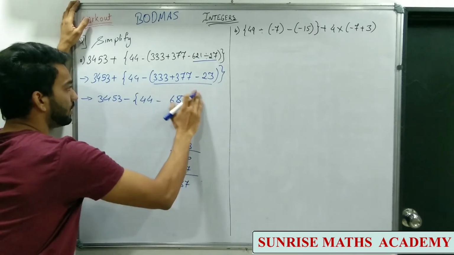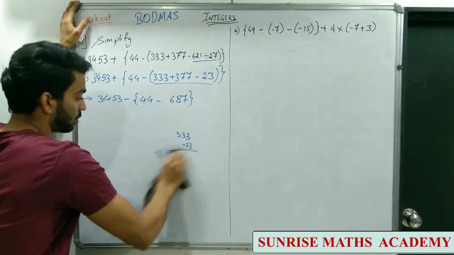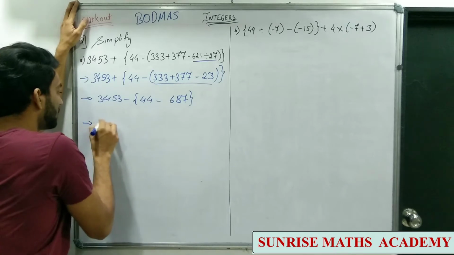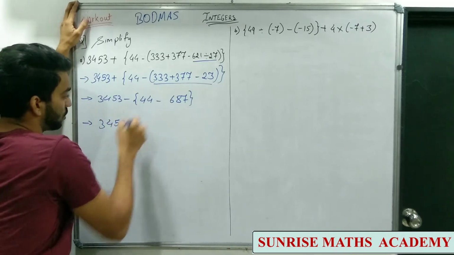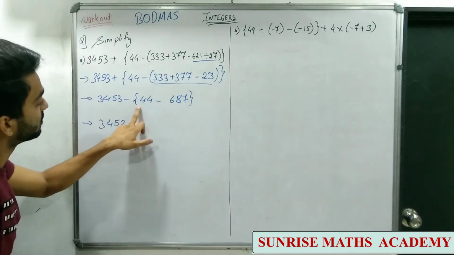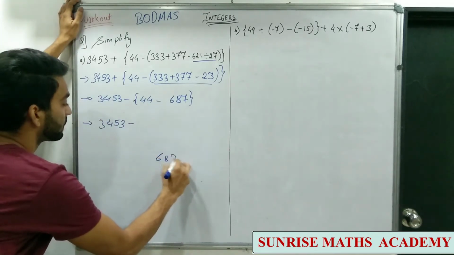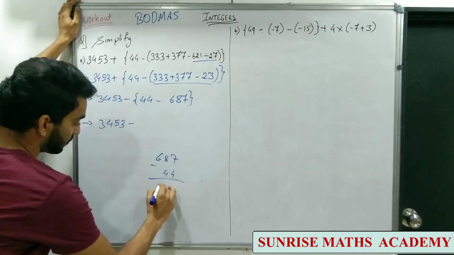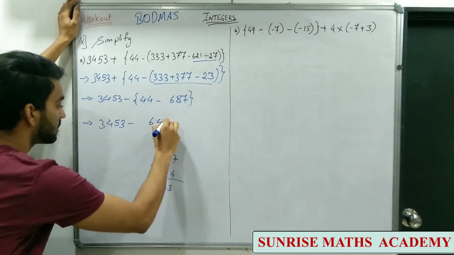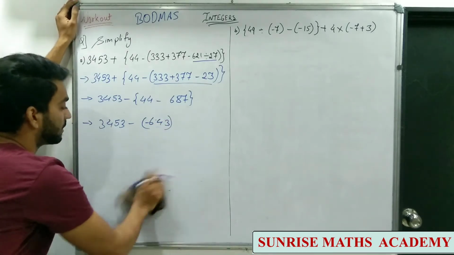Now the value of this bracket we are getting is positive 687. So we can directly write it like this. If the value in the bracket is negative, in that case we have to give the bracket. So we'll see it here, because here we are going to get a negative value. Now this is plus minus, this is positive, this is negative. So plus minus we do the subtraction. So 687 minus 44, so 643, and here the greater number is negative, so the value will be negative, and therefore we have to give the bracket here.